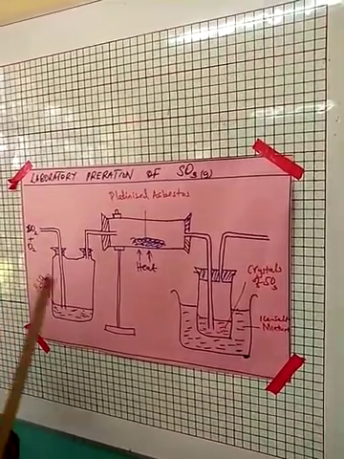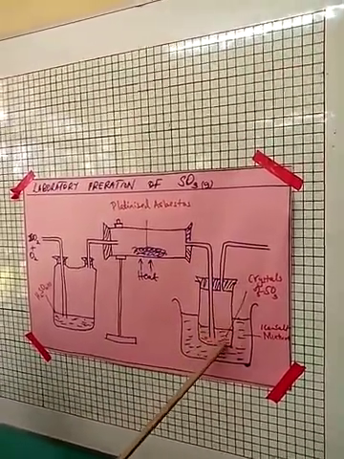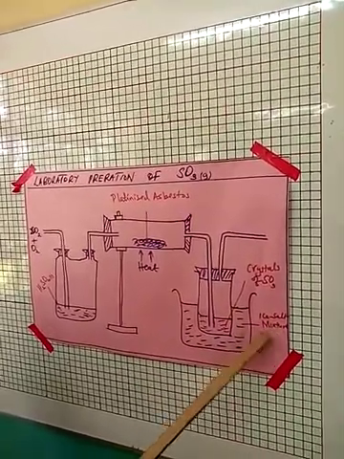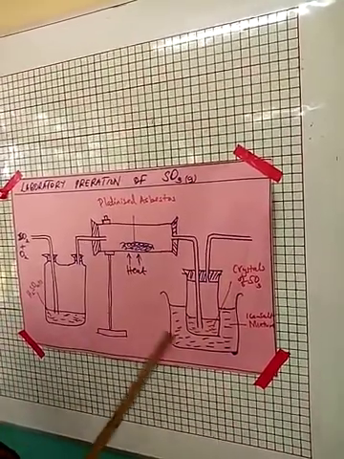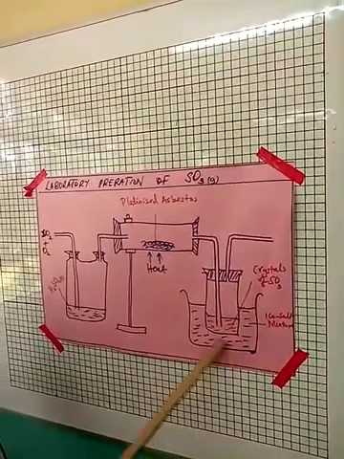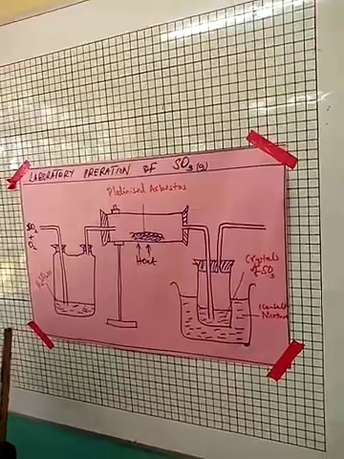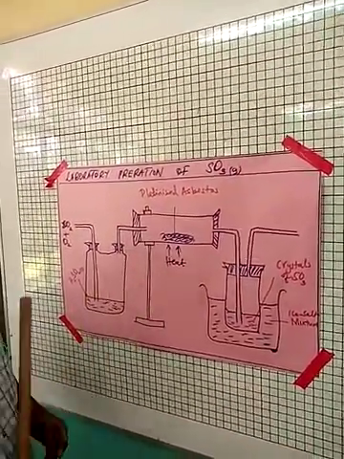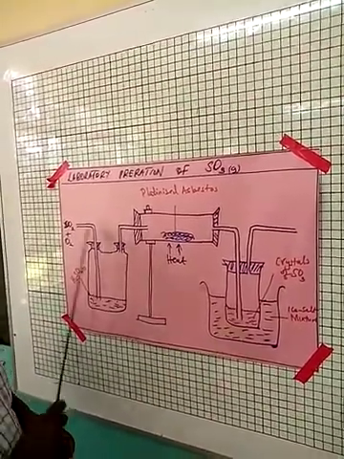Now, this sulfur 6 oxide can be passed in a tube placed in an ice salt mixture so that it can condense the vapor. Sulfur 6 oxide forms white crystals once it is condensed. The role of this ice salt mixture is to condense the vapor to white crystals of sulfur 6 oxide. This is the way through which you can prepare sulfur 6 oxide in the laboratory, from sulfur 4 oxide and oxygen.